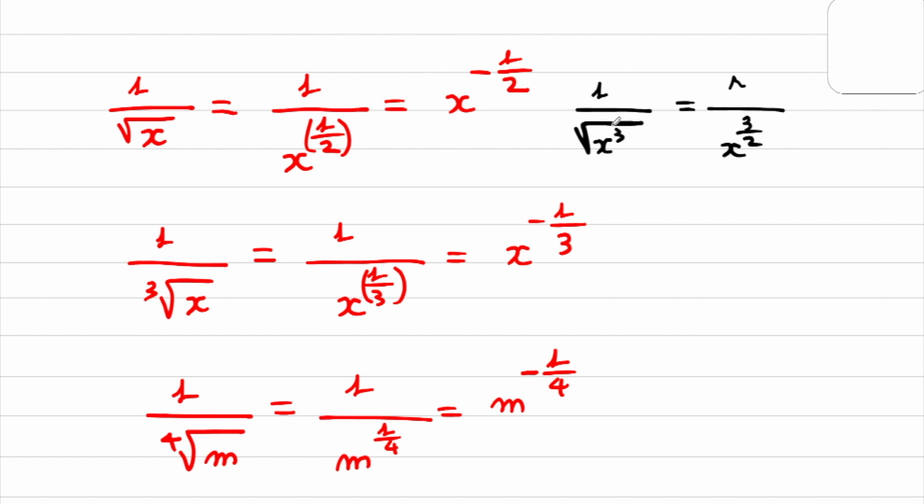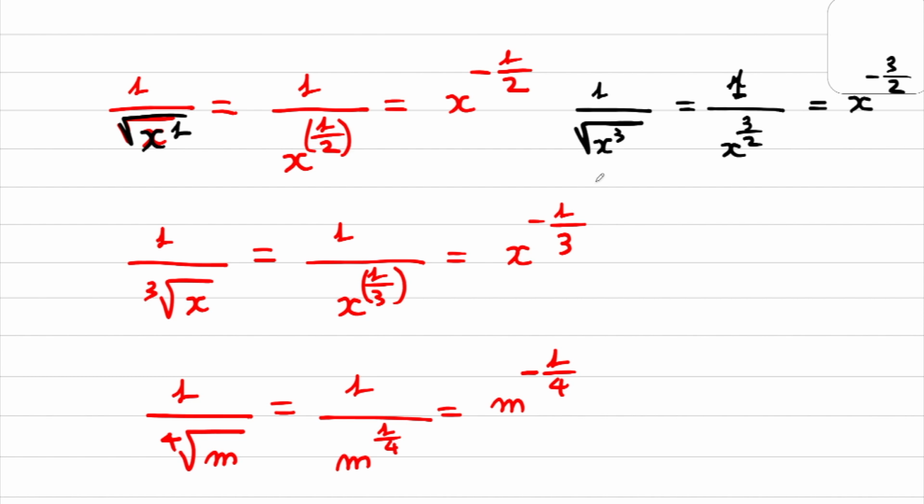And you got 3 inside the root here, so that's why the numerator will be 3. The numerator will be 3, so we got this form. And after that, you got the negative 3 over 2 for the power number of this expression. And compared to here, you only have square root of x to the power of 1, but for this case,